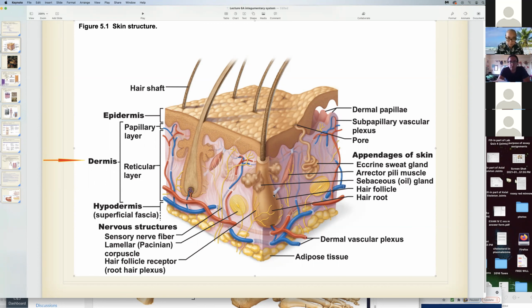Every hair follicle would have smooth muscle attached to it, and that's the erector pili muscle. Okay. The hypodermis is essentially your superficial fascia. So in other words, right here is where you have your areolar connective tissue. And then